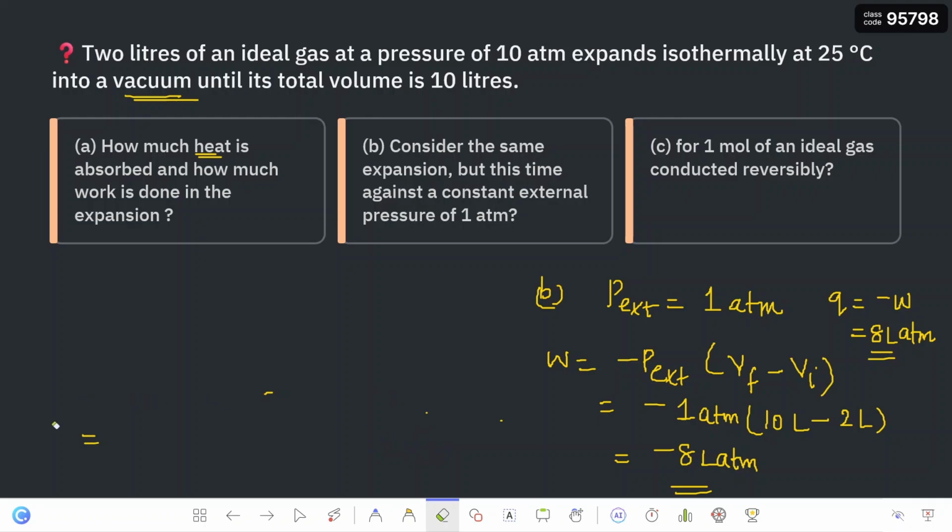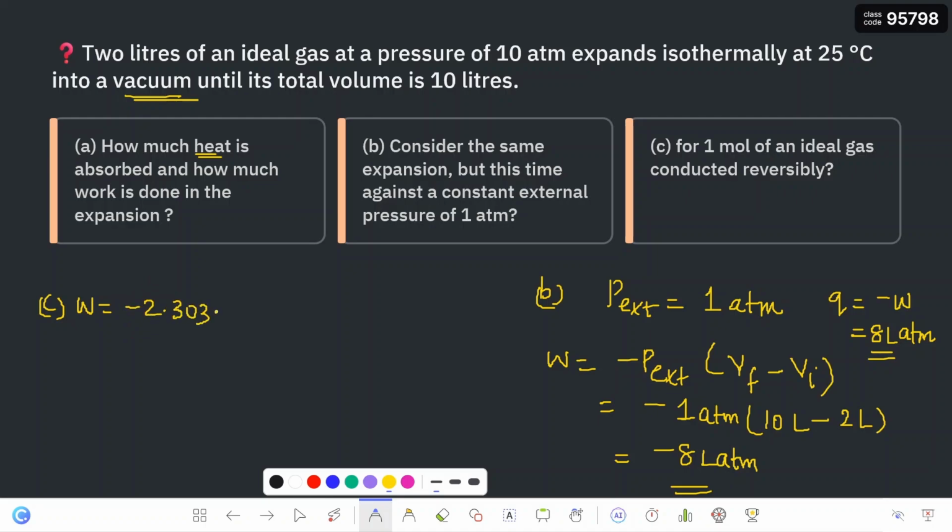They have asked, 1 mole of an ideal gas conducted reversibly. Now we have discussed the irreversible case. Suppose it is doing reversibly, what will happen? When you are doing reversibly, W will be equal to minus 2.303 nRT log Vf by Vi. Okay, so I have erased the values again. I hope you have written it down. So it will be equal to minus 2.303 n, number of moles is equal to